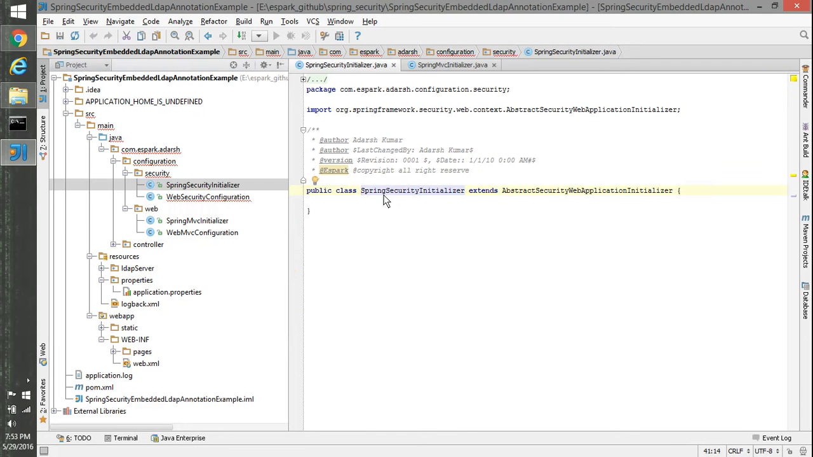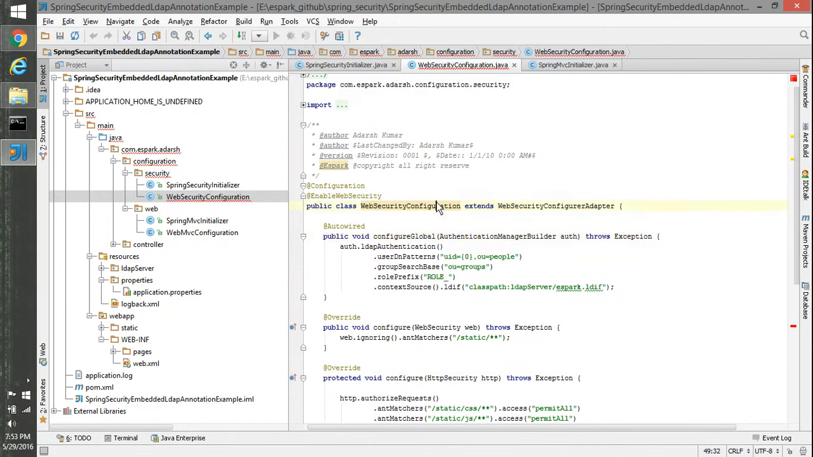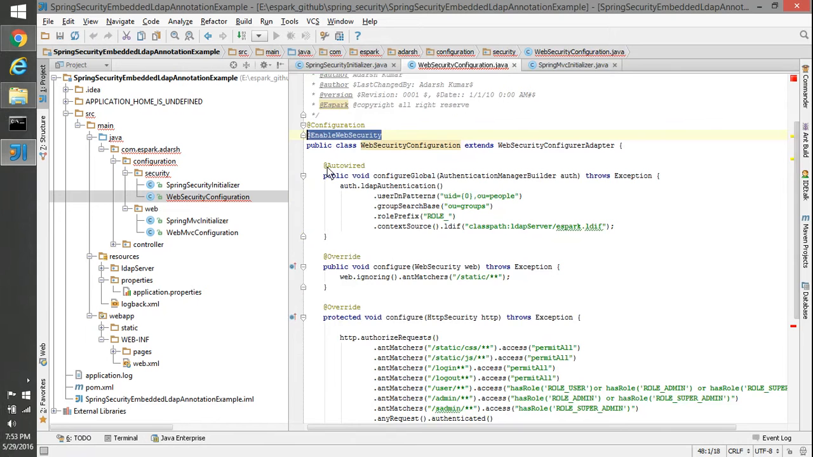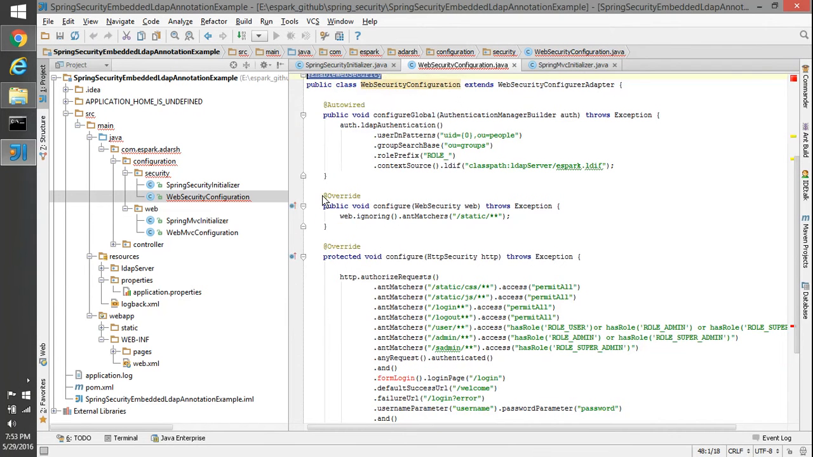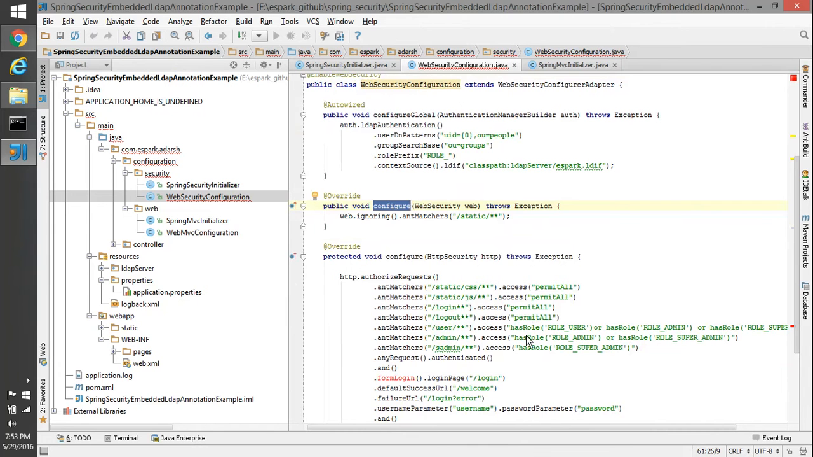We have a security initializer extending from AbstractSecurityWebApplicationInitializer, and then we have a web security configuration extending from WebSecurityConfigurerAdapter. This class is annotated with @Configuration as well as the @EnableWebSecurity annotation. In this we have an overridden configure method where we are saying that any request that comes with /static should be ignored for security